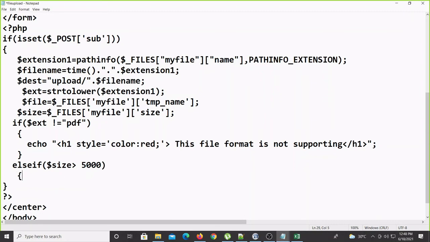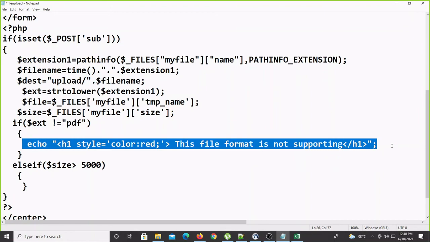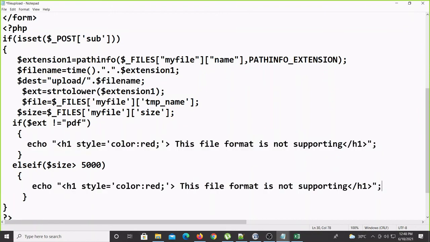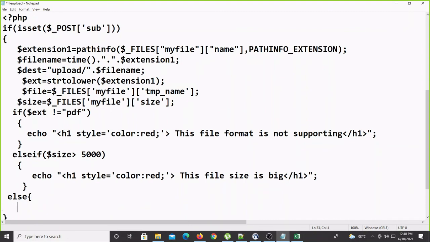So a message will come: your file size is big. You get this message sometimes during uploading answer scripts, your file size is big. So that we are checking here. Some message we added here. Else, if both are no problem, then we can go for the third part.